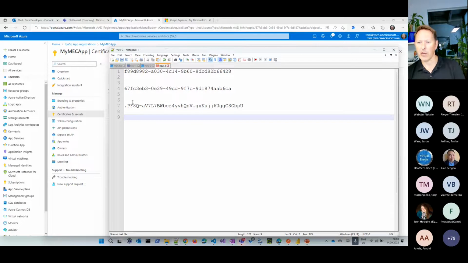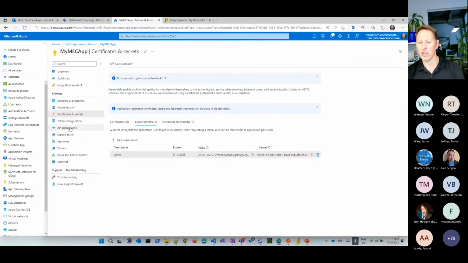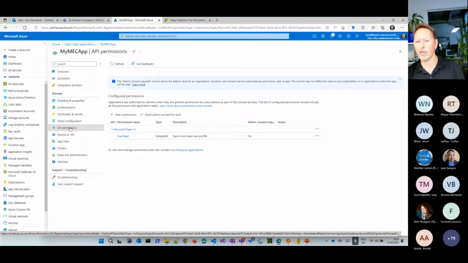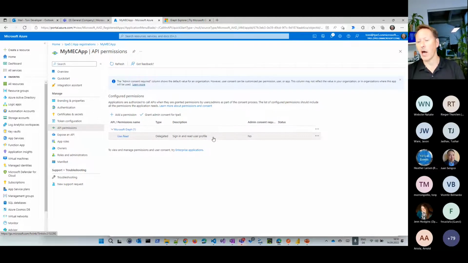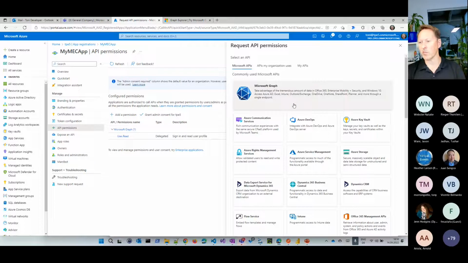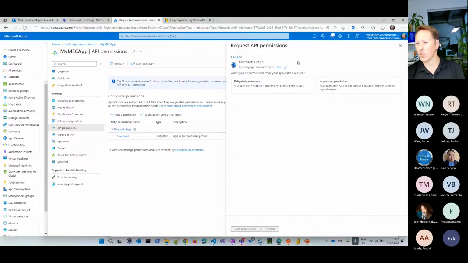So now I can authenticate with this application and a user or an application, but I need to have access to specific resources in the cloud. You can see by default, I only get the user.read permission, which says I'm allowed to read my own profile. But if I want to do something else, like, for example, use Microsoft Graph or Exchange Online services to do something in that tenant, I would say I want to use Microsoft Graph as a resource provider.